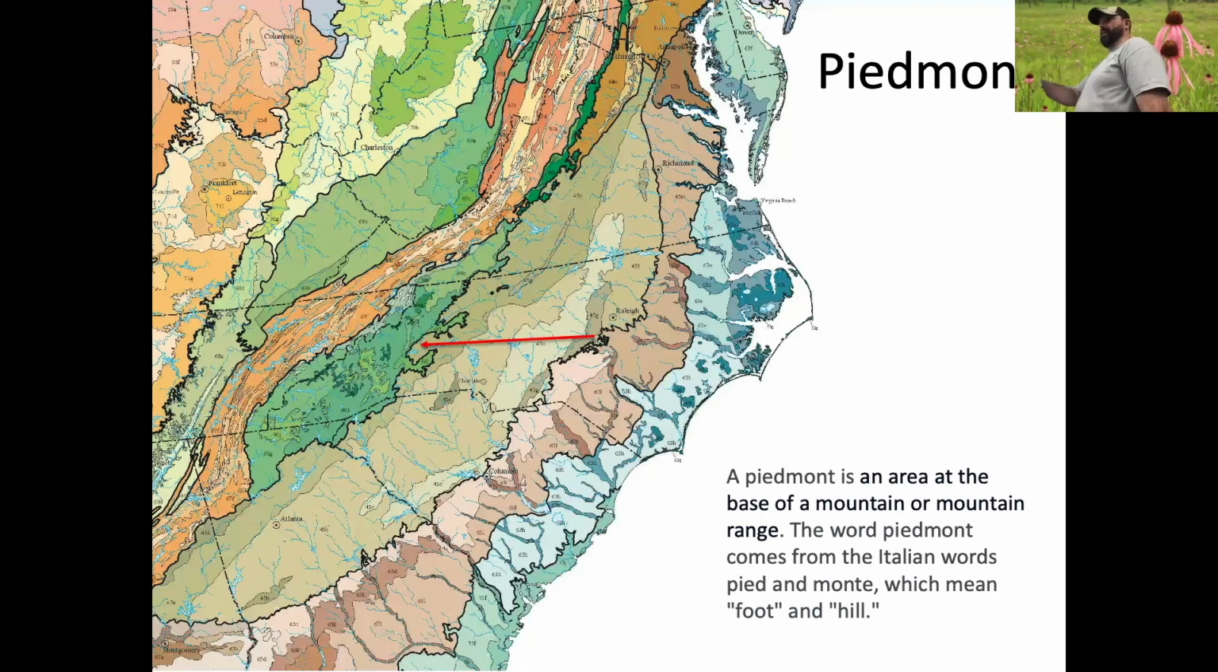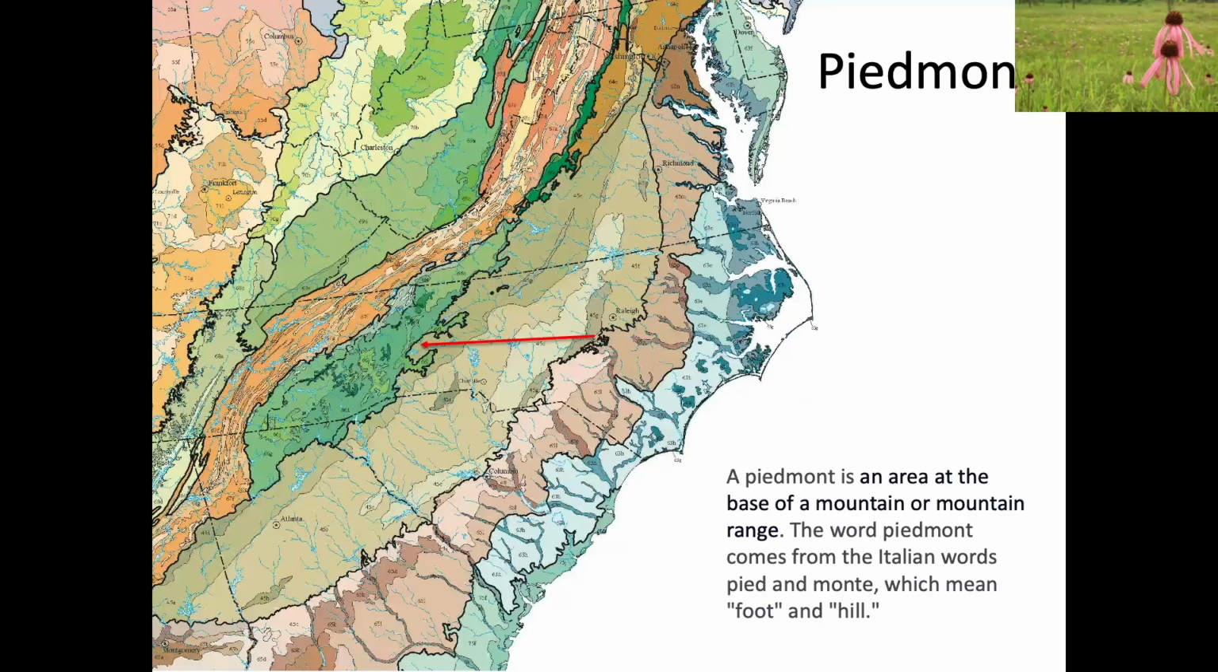Fall line. Remember we said it? All right. What is a Piedmont? A Piedmont is an area at the base of a mountain or mountain range. The word Piedmont comes from the Italian words pied and monte, which means foot and hill. So the Piedmont is sort of like a low, gently hilly region at the base of the Blue Ridge